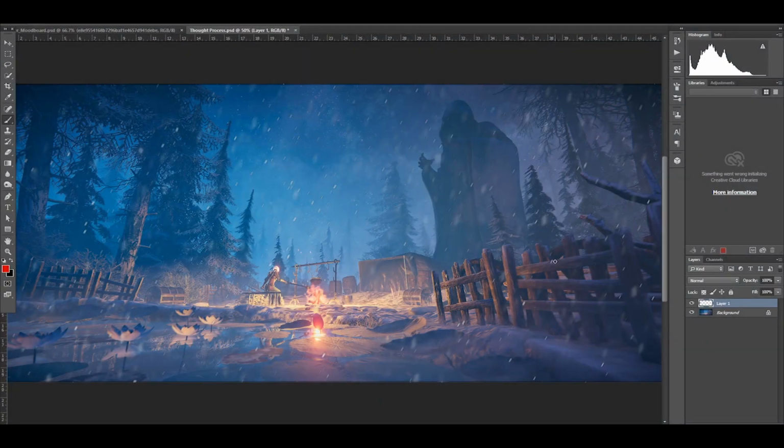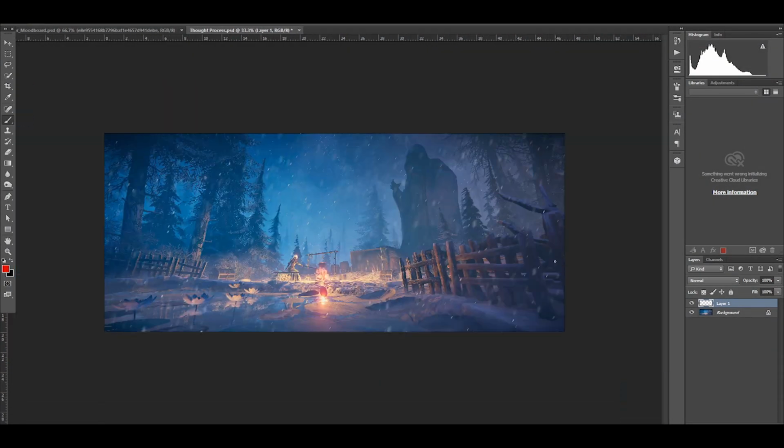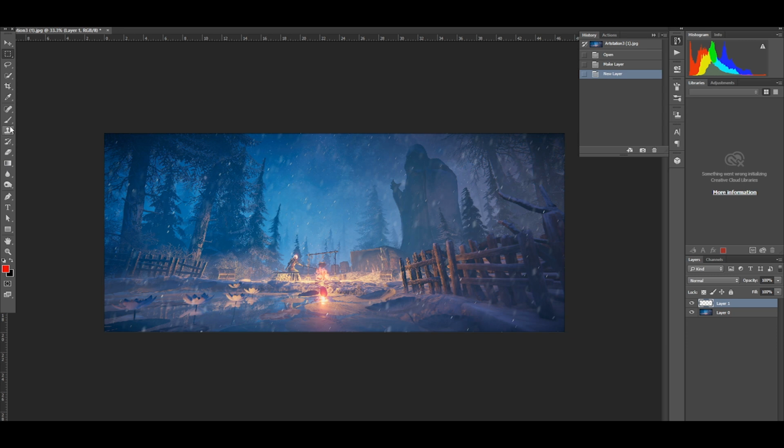So for this scene, first I tried to match it to the main concept. Then I had to think about how I should guide the viewer's eye to the main focal point, which is the bonfire, right? So you see that I put the fan here as a leading line.